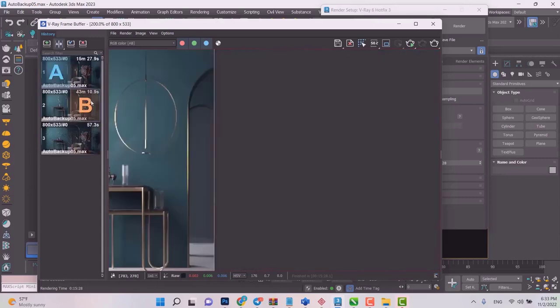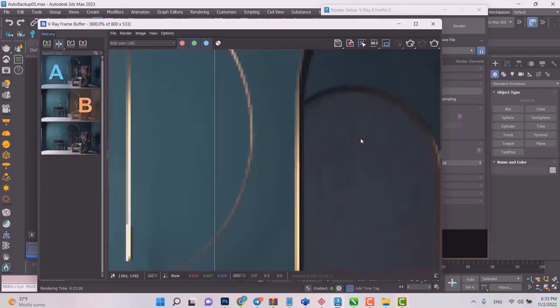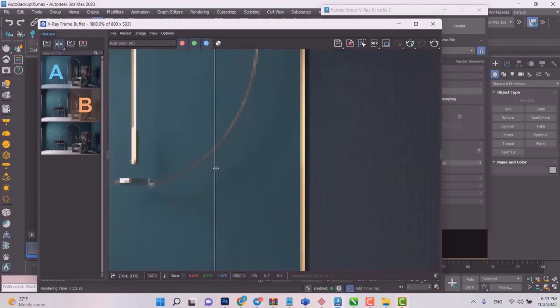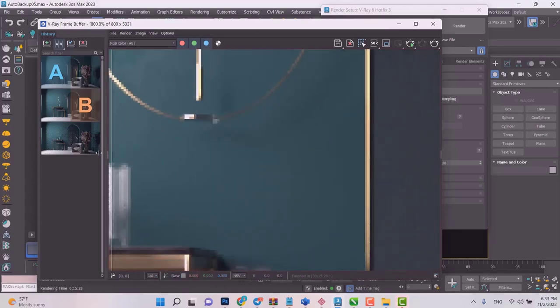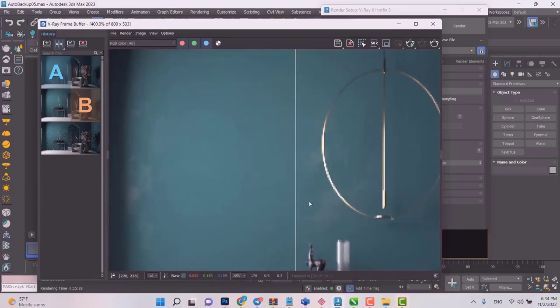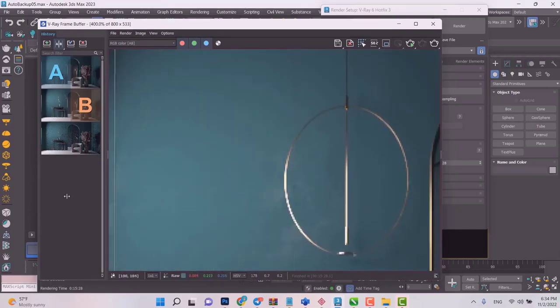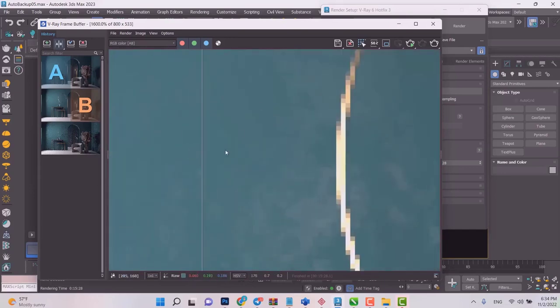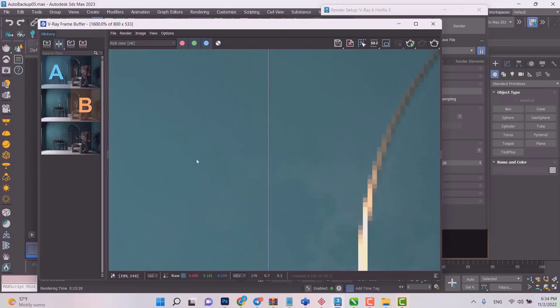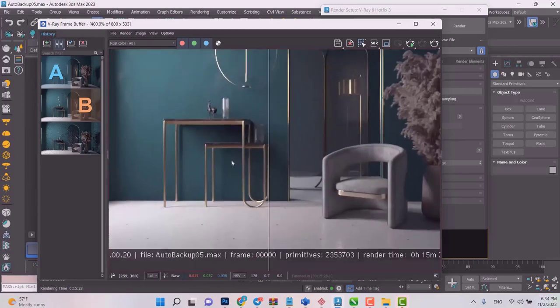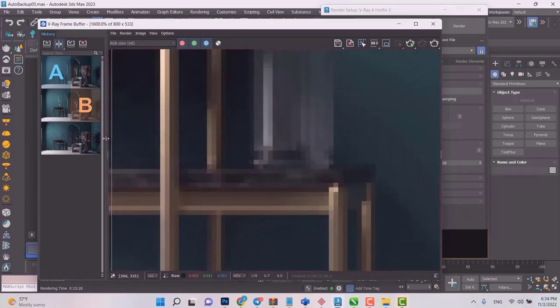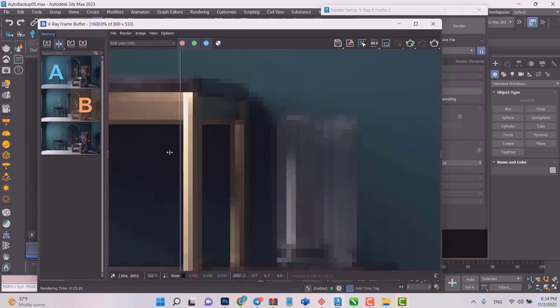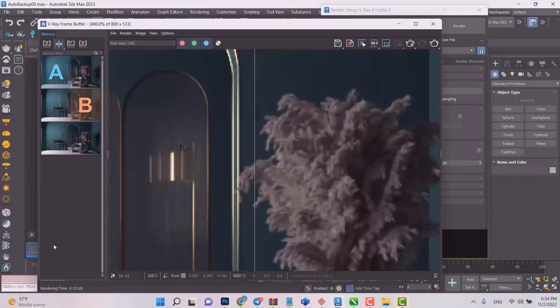So let's just compare. The one on the left, or A, is the one that we just took with 20 max subdivisions, and the one on the right, or B, is the one that we took and it had 100 max subdivisions. So in an area like this, which is very simple, we're not gonna experience that much of a difference in terms of quality, and you can see that the differences are not that noticeable. So 20 is a good enough number for areas like this, and maybe even this part. Okay, so let's see. The differences are very minimal. See, we can see the differences, but not that much.